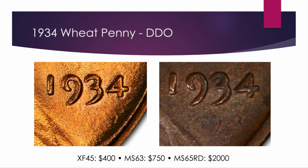Next up, we've got the 1934 wheat penny double die obverse, and this is a crazy spread. It's challenging to see on this one, but you can see the tip of a 3. It's a lot easier to see over here, where there's the bottom of the 3 and then a little bit of the 4, just super clear, but it's well below. It's not like a bar or split serifs. This is far below the main part of where the date is. XF45 coins here are $400, Mint State 63 are $750, and Mint State 65 red is a $2,000 coin, so significant value,